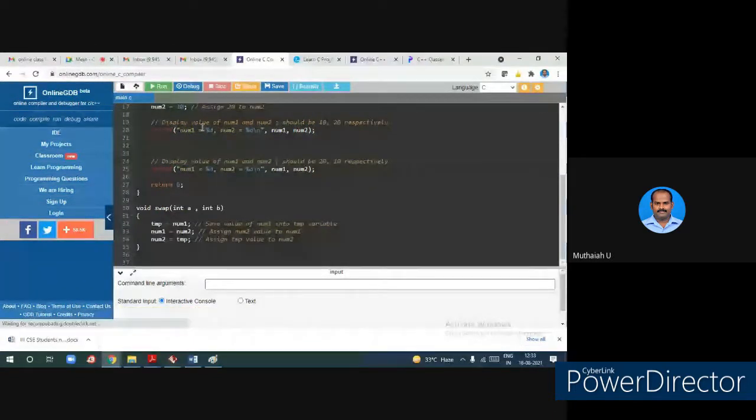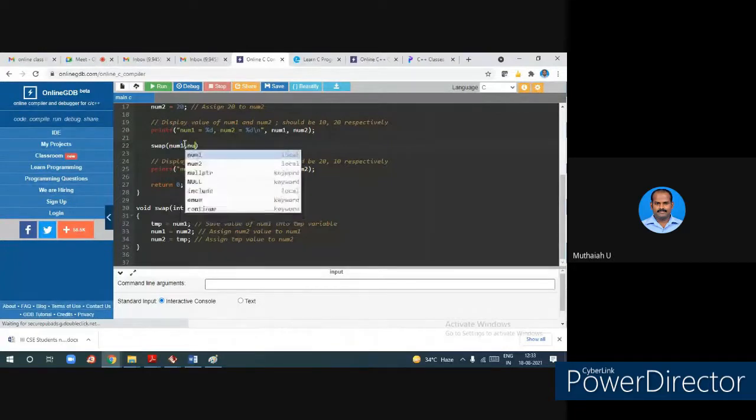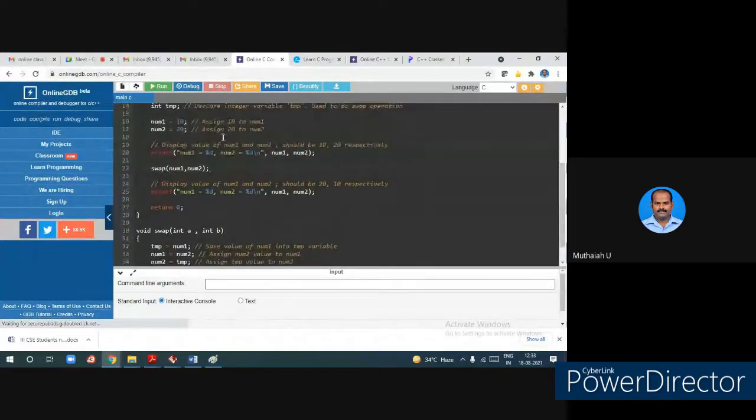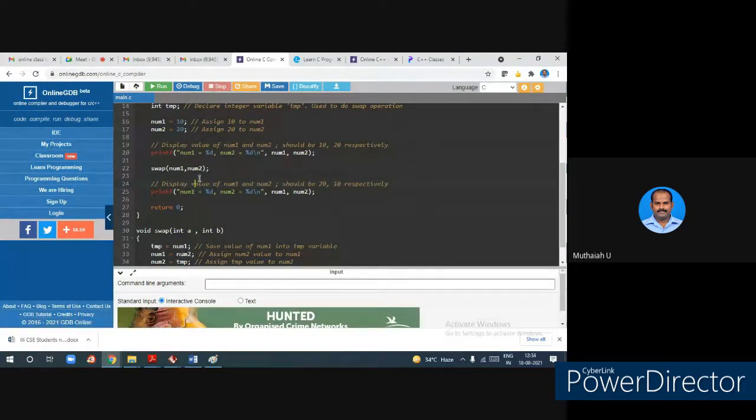Now what I have to do is pass these values here. What values have I passed? I have called this function swap. Inside the swap, I have to pass these values: number 1, the original arguments, and number 2. I have to pass these two values because this is a function call. So I'm calling this function with whatever values I already received, num1 and num2, two values already assigned, right? Look at this one. In num1, 10 is there, and 20 is there. These are the original, actual arguments I pass here. Now in this function, the values are copied here. So here, what happened? This 10 will be copied into A, and num2's 20 is copied into B here.